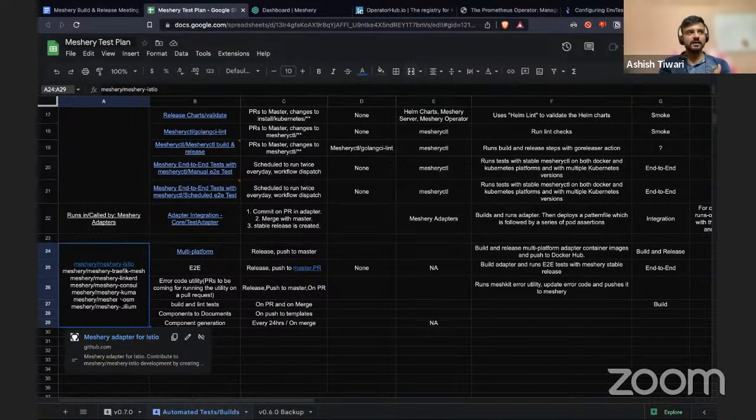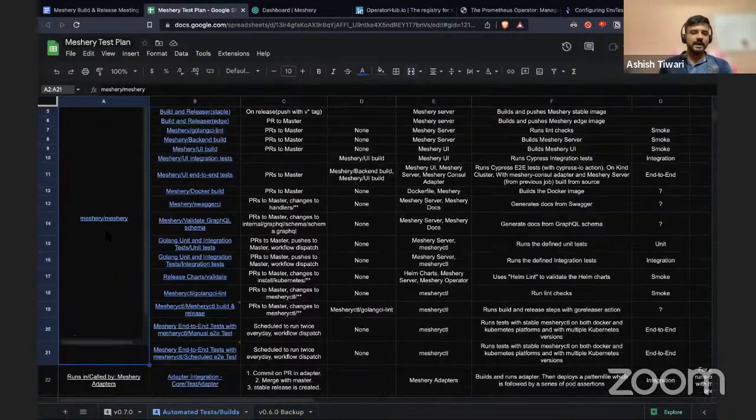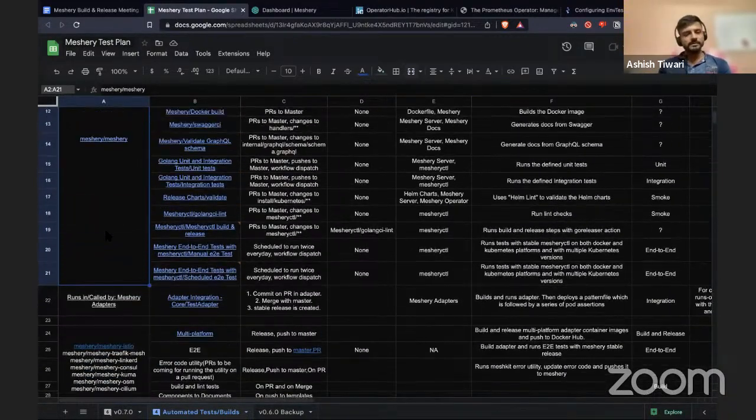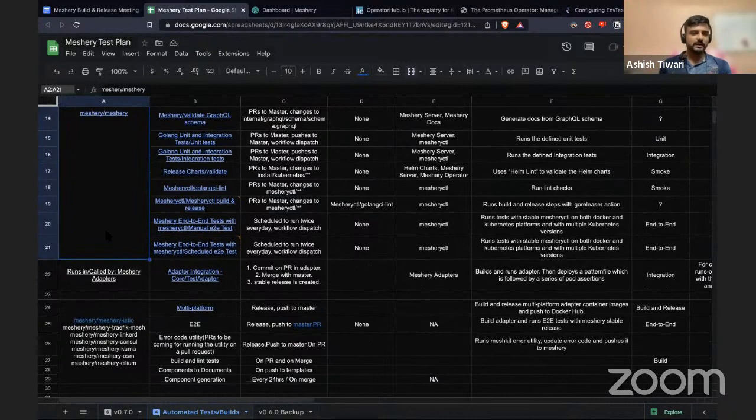The common functionalities that are used by all the adapters are moved over into the Meshery adapter library. That's another repository under the same Meshery org. So that's the way we work. And these adapters are gRPC servers, and Meshery is the gRPC client. So every time you need to invoke an adapter specific operation, you can do it directly, or